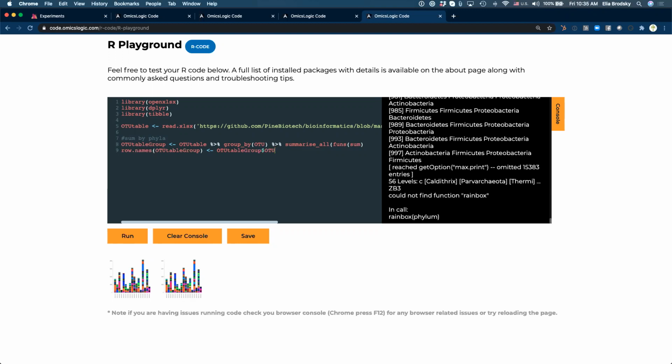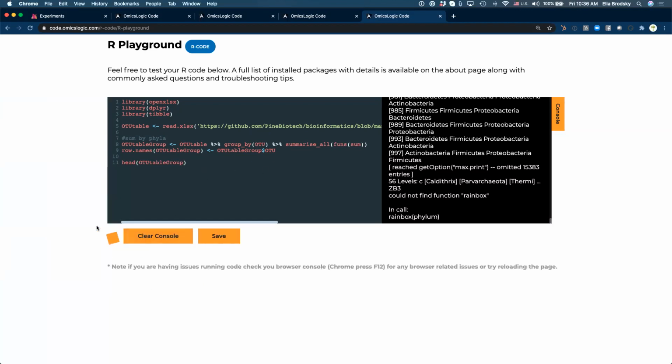The reason why we're doing this is because we want to make sure that we only have the data frame. So if you do this, let's just do head OTU table group.